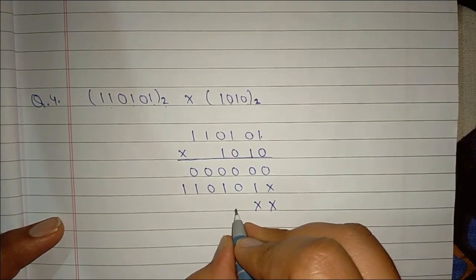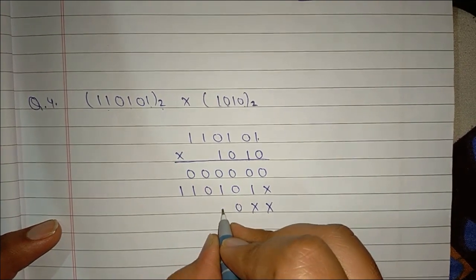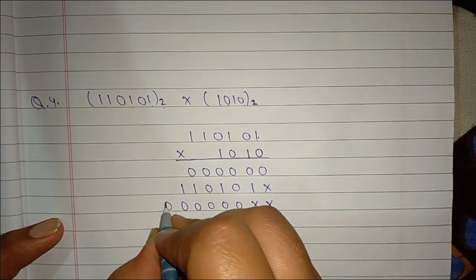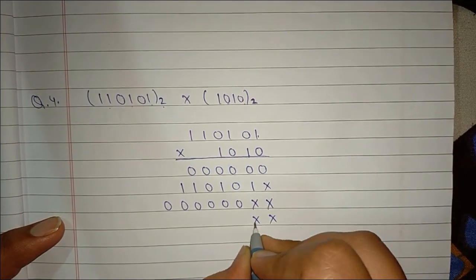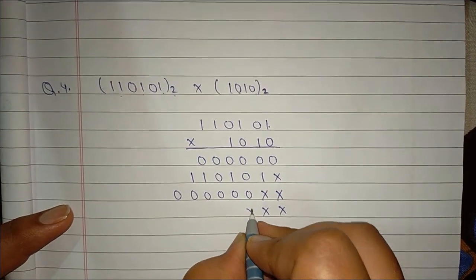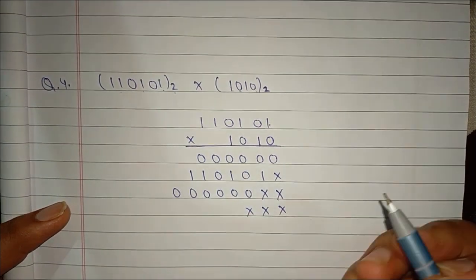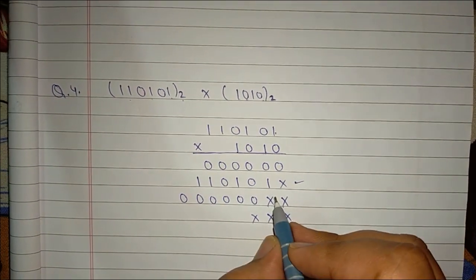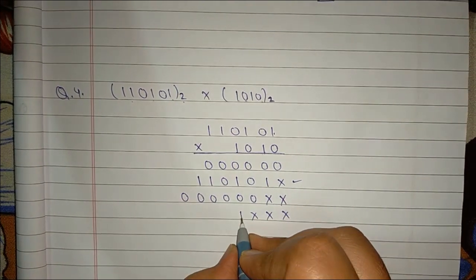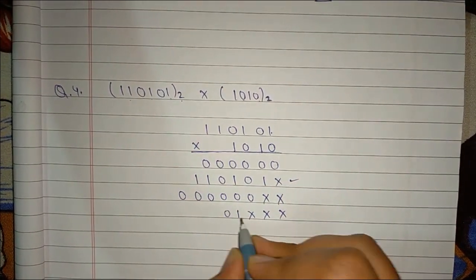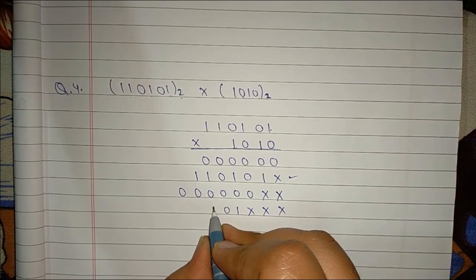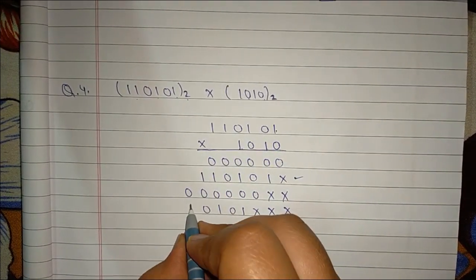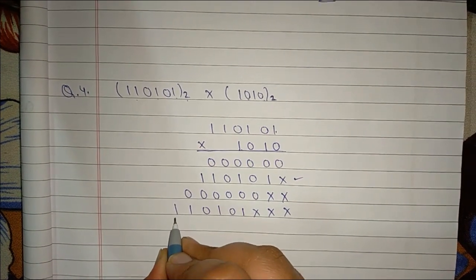When you will do so, your result will be 0. So we have to note down 0 6 times: 3, 4, 5, 6. Now we have to put 3 crosses because now we are multiplying with our last one. Well, you will get the similar result as of this first state. So it will be 1 multiplied by 1 will be 1. 1 multiplied by 0 will be 0. 1 multiplied by 1 will be 1. Then 1 multiplied by 0 will be 0. Then 1 multiplied by 1 will be 1. And then again 1 multiplied by 1 will be 1.